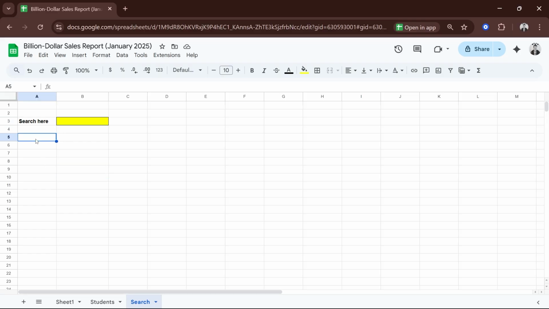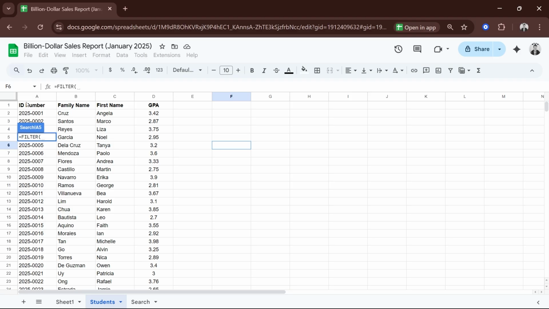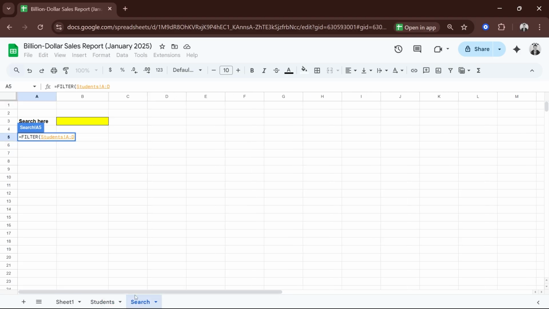So yeah, let's head over here and type the word FILTER, open parenthesis, and then we're going to choose the range. The range that we're going to be choosing is this one right here. Let's highlight this one, head back here, and type comma, and then SEARCH, and then open parenthesis, and then we're going to assign where we're going